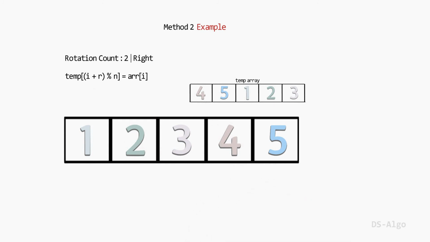Finally, store back all the elements of the auxiliary array in a given array. As we can see, the array is rotated by 2 positions towards the right direction.